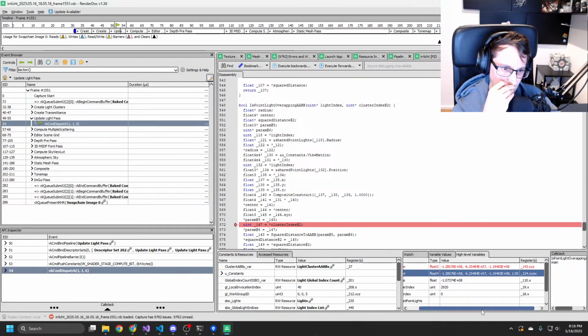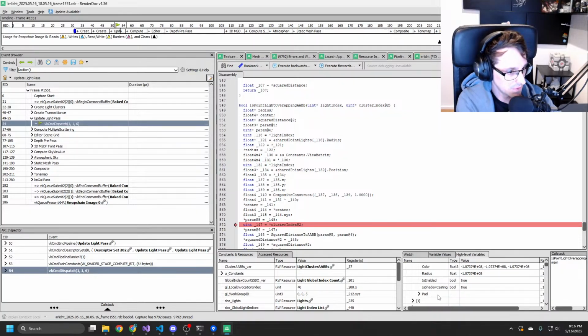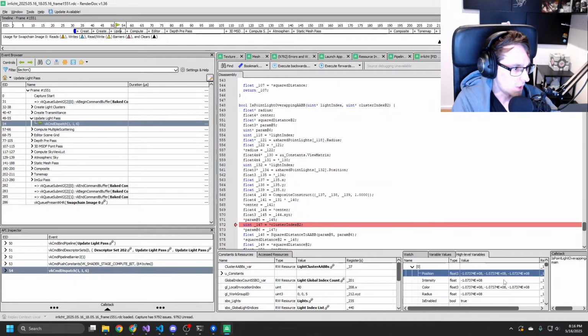Did we move it to 0? No, that looks like garbage. Why is that garbage?